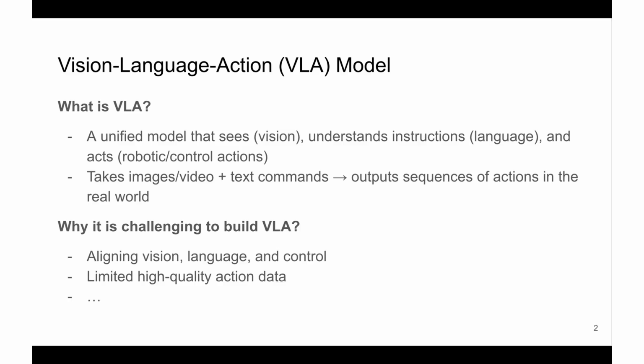This slide summarizes what it actually means and why it's not trivial. A VLA model takes visual inputs like images or videos, combines them with the language command, and outputs a sequence of actions in the real world. So we are not just doing perception or understanding, we are closing the loop all the way to control. That's also what makes this challenging. We need to align vision, language, and actions, deal with limited data, and handle long horizon decision making where small errors can compound. On top of that, anything we build has to be robust and safe when it leaves the simulation and interacts with the real world.